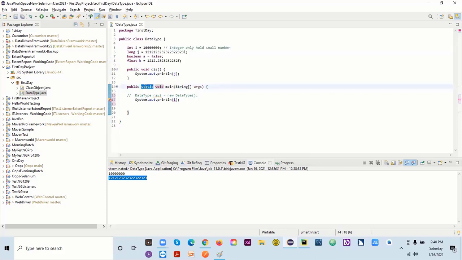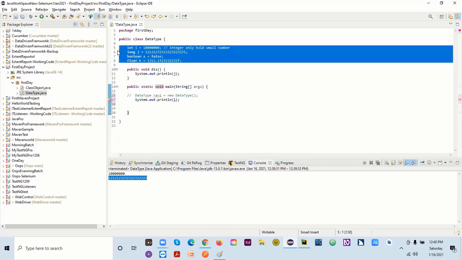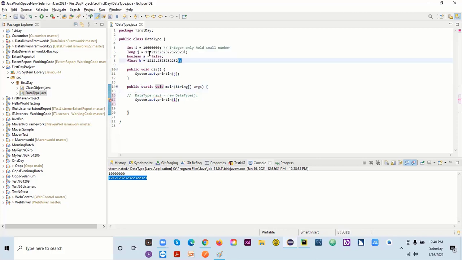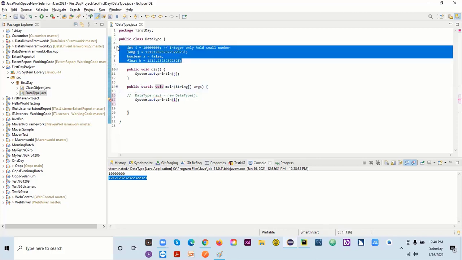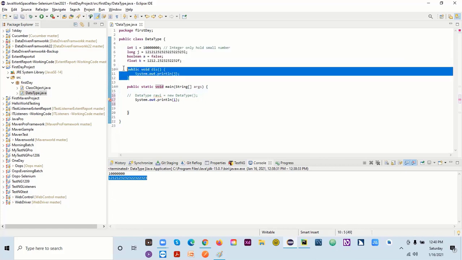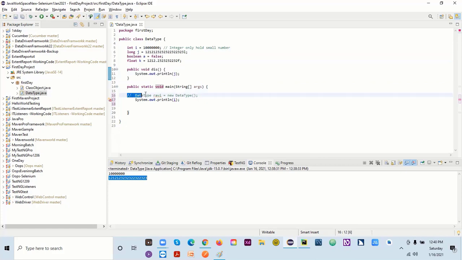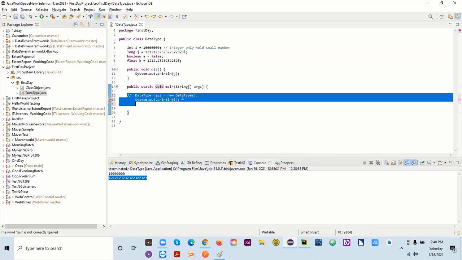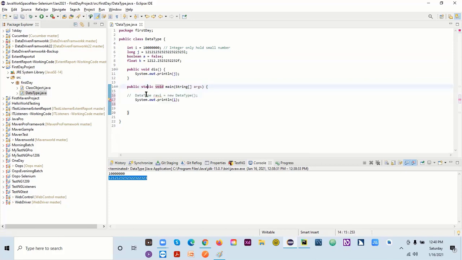So to access this data type in my main method, I have to make it static. If I make this data type or method static, I can directly call those methods and data types in my main method. Here and here are different.